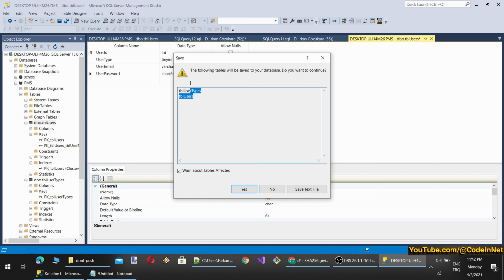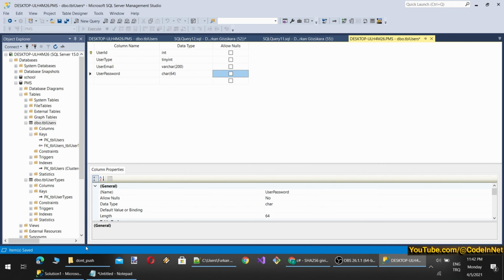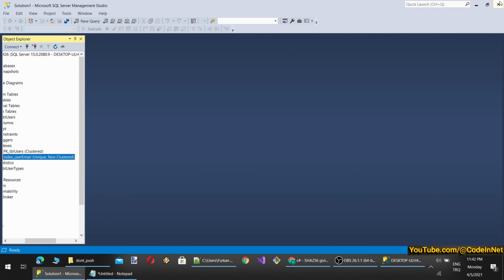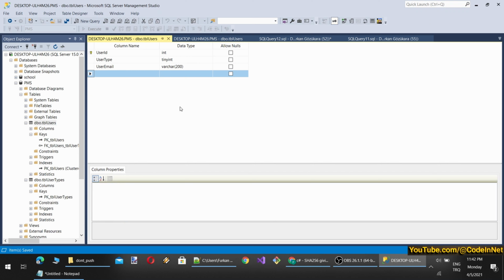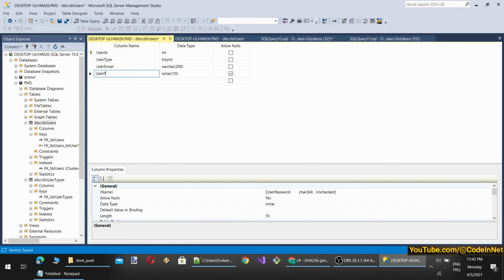By the way, it is showing this each time. Do you know why? Because we did set a foreign key here. Oh, by the way, it says that the index was added and it will be deleted because it was added here and not on this window, on this instance. Therefore, I will just copy this, then open another design. Oh, it is gone. Yeah. Okay, let's say user password, char 64.